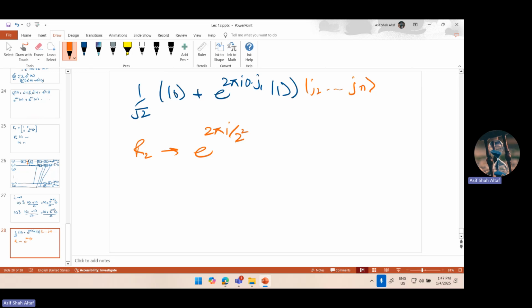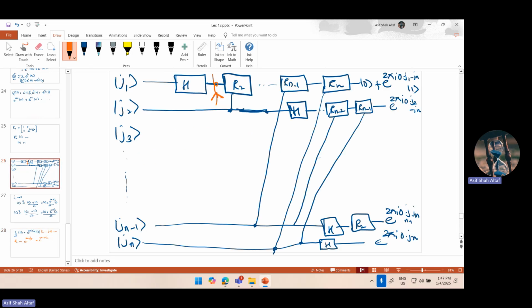Now, if you see clearly here, you have in the exponential 1 by 2, which you can write as 0.0 j2, right? So if you then add it,